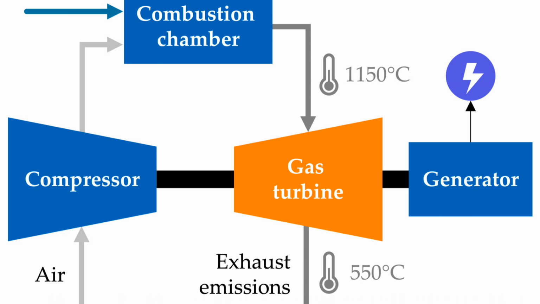Means second component is the combustion chamber, and in the combustion chamber what happens? In a combustion chamber the air is heated due to combustion of fuel. Means in a combustion chamber some fuel is burned, and we know that when the combustion of fuel is carried out, at that time it releases heat energy, and this heat energy is supplied to the air, or air is mixed with this combustion product, and then it is supplied to this turbine. So this compressed air coming out from the compressor is here entering the combustion chamber.